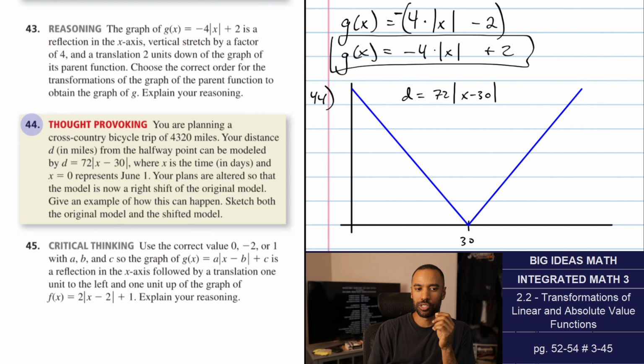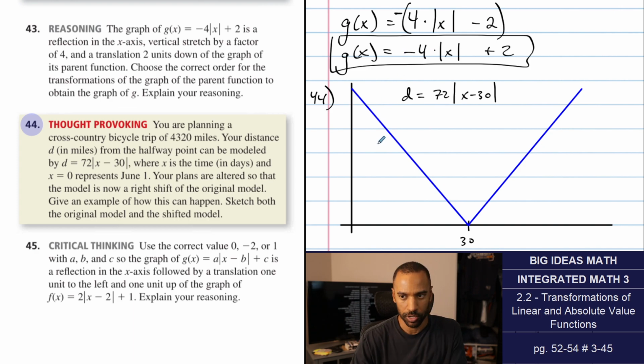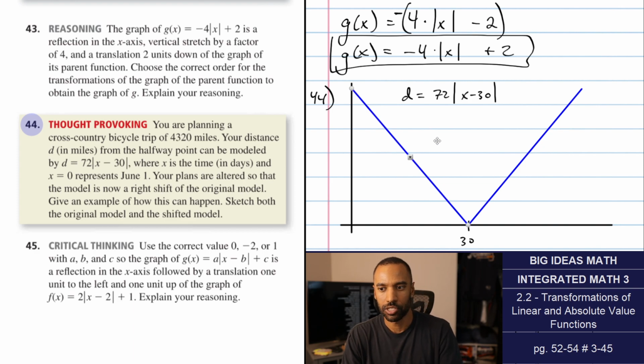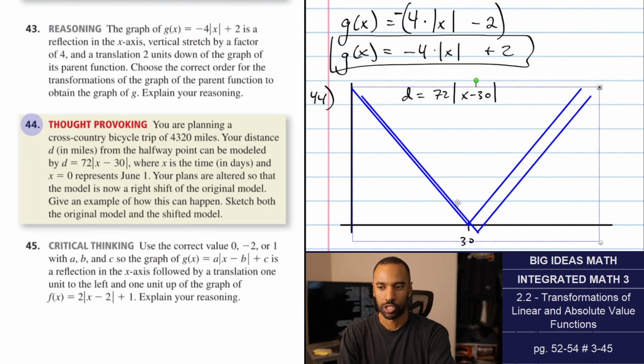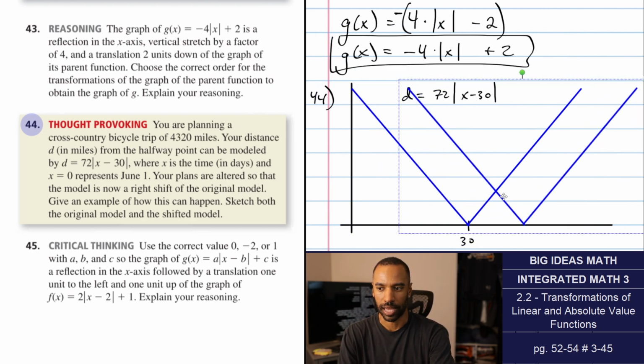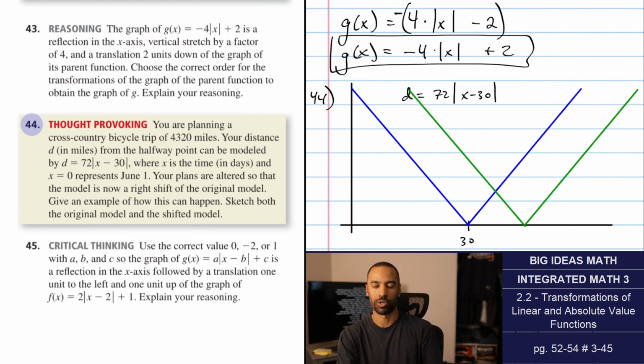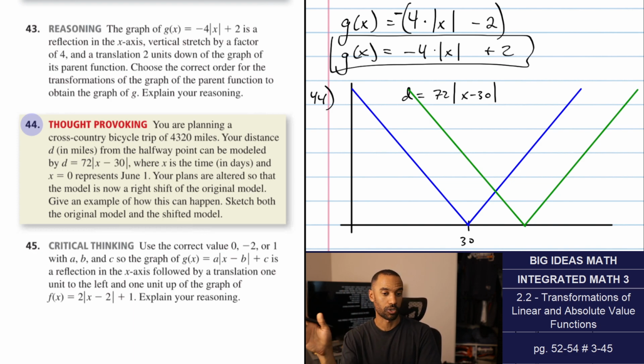Your plans are altered, so the model is now a right shift of the original model. So here's the original model. Let's alter the plans so we have a right shift. So let's shift it to the right, like that. They didn't say anything about horizontal translation or compression or anything like that. They just said horizontal translation. Give an example